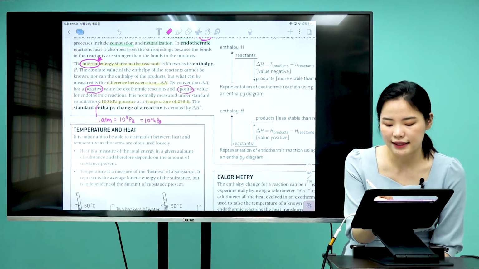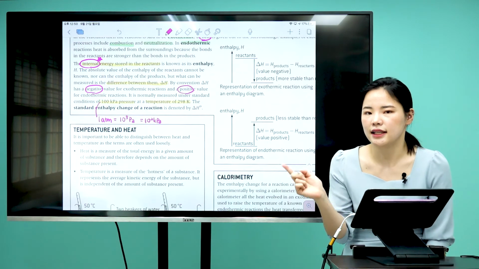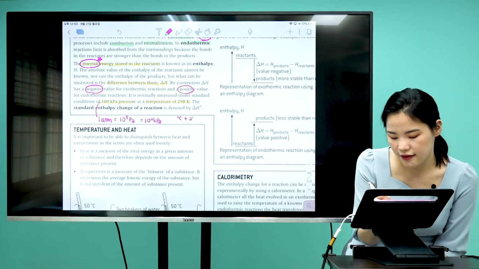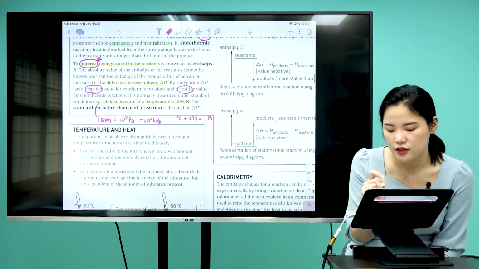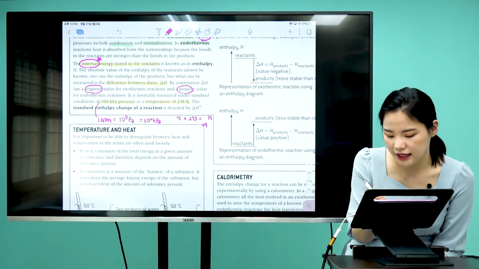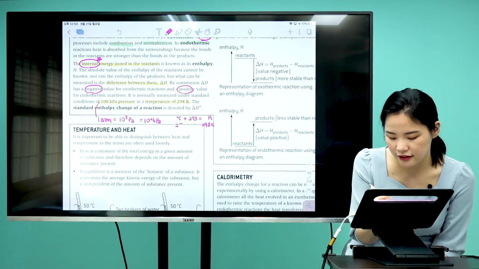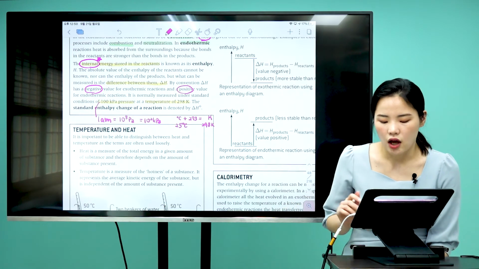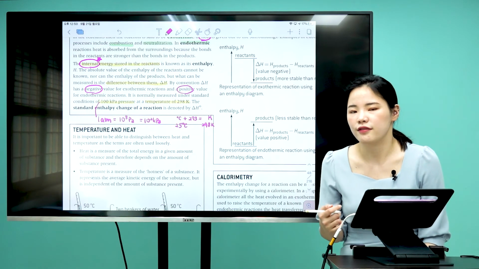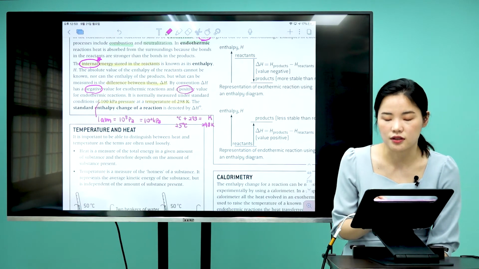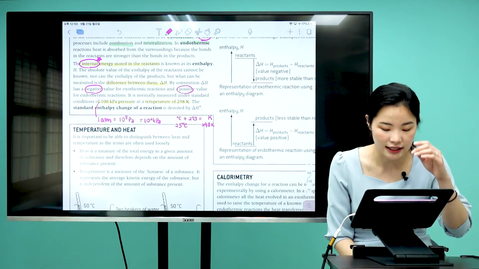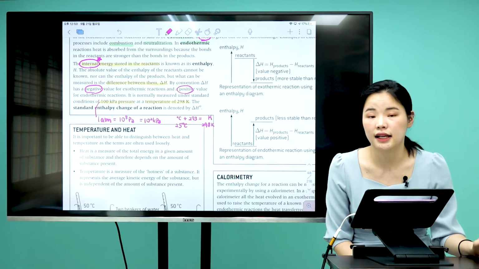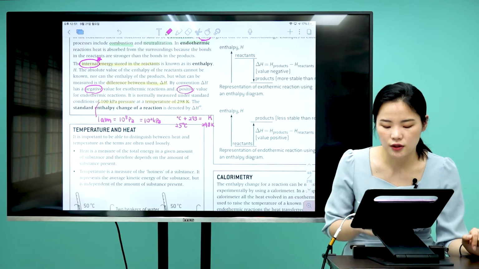And temperature 298 Kelvin. We know how Celsius and Kelvin can be converted, right? What we do is Celsius plus 273 will become Kelvin. So if we go inverse of that, 298 Kelvin is equal to 25 Celsius. So what scientists decided is that normally the experiment could be carried out at 25 degrees. That's why the standard temperature becomes 298 Kelvin. So the standard enthalpy change of the reaction under 100 kilopascal and 298 Kelvin is called delta